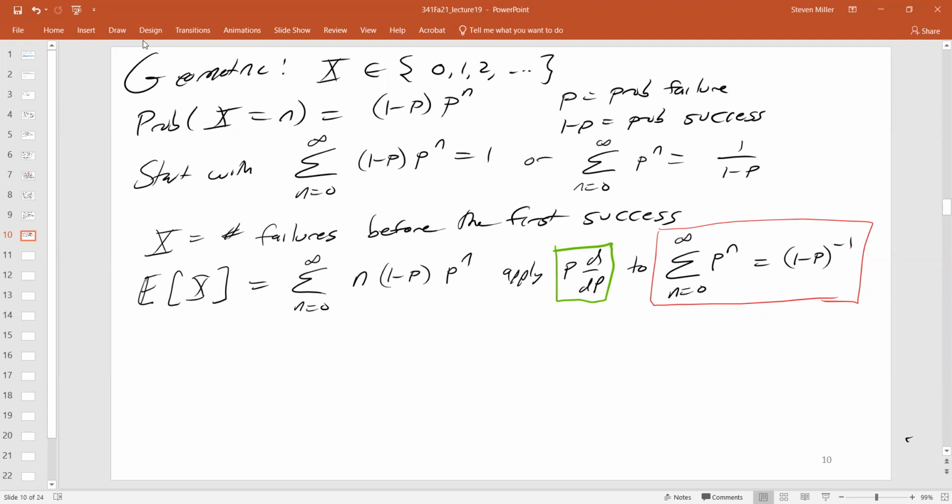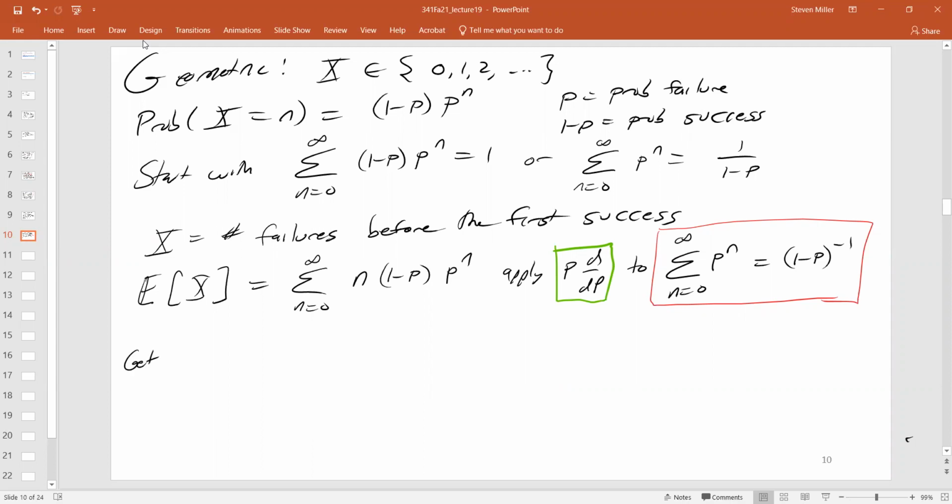You could, of course, keep it on the same side and then use the product rule. If you want to do more algebra or more calculus, more power to you. I prefer to minimize how many calculations I have to do, because the more calculations I do, the greater chance of an error. All right, so if we apply this, we then get